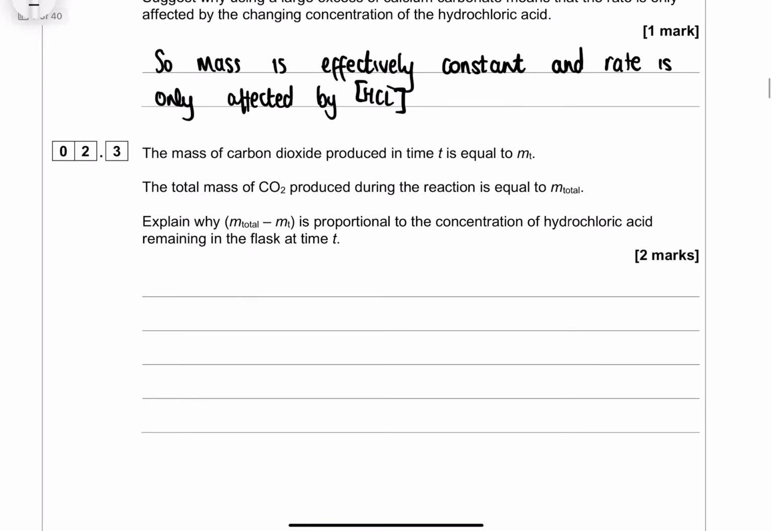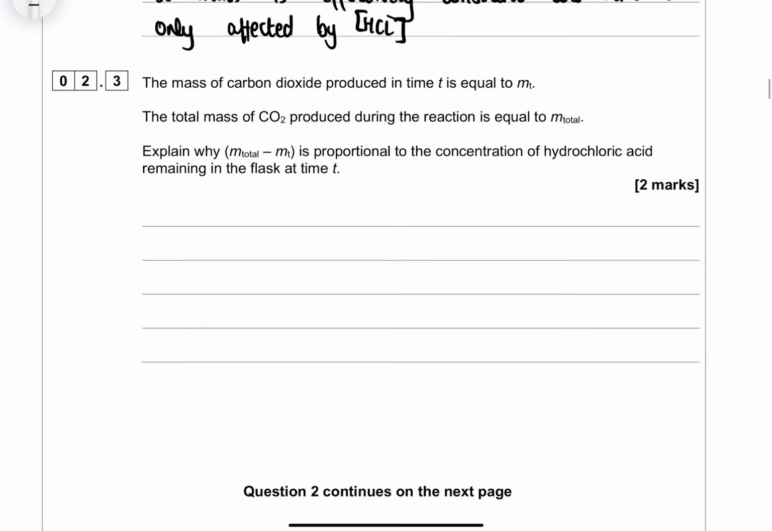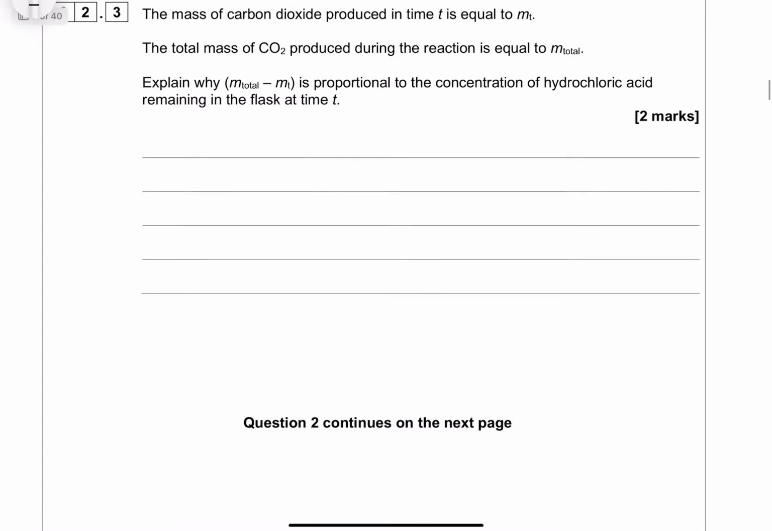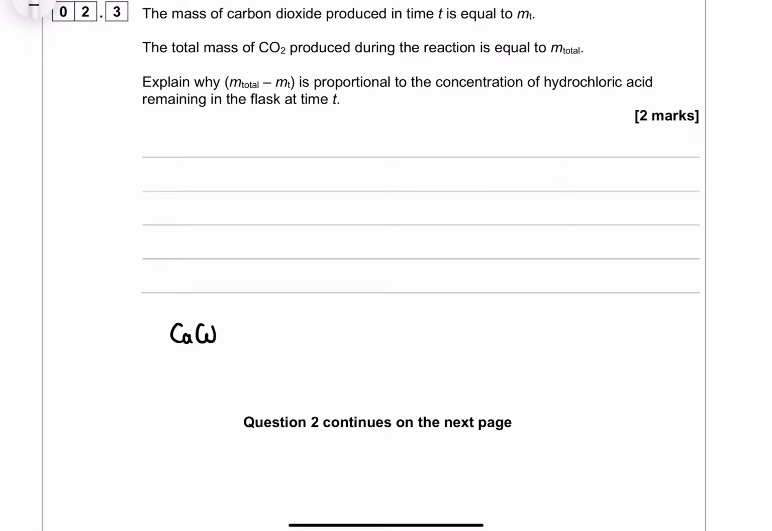The mass of carbon dioxide produced in time t is equal to MT. The total mass of CO2 is equal to M total. Explain why M total minus MT is proportional to the concentration of hydrochloric acid remaining in the flask at time t. So this is a tiny bit tricky, but if you think about the equation again and you try to understand what they're asking,